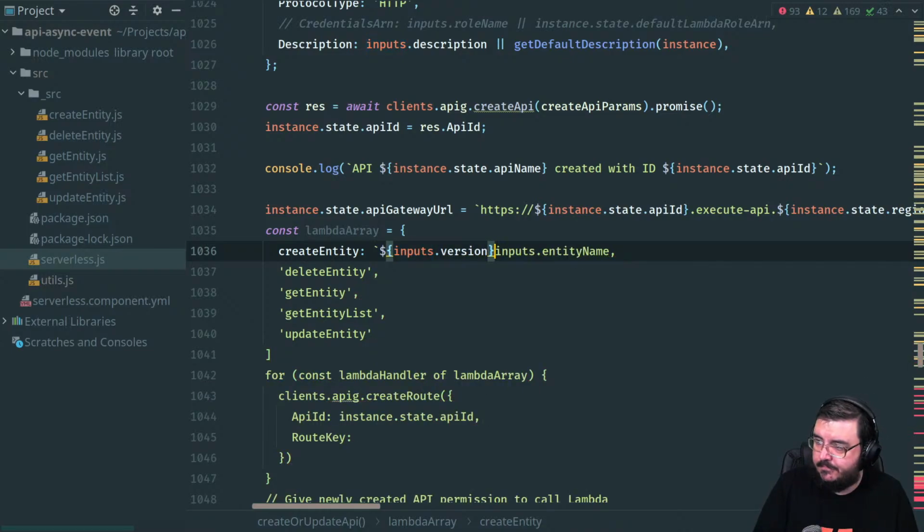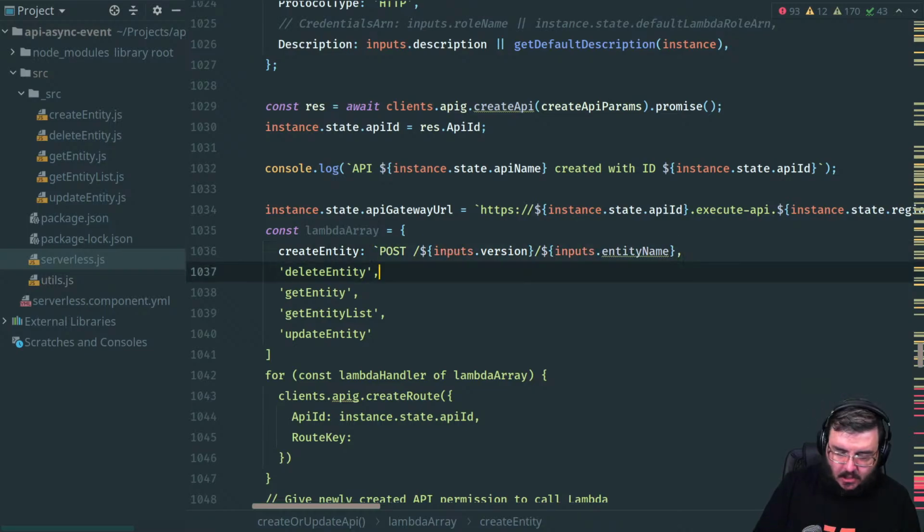Version slash inputs.entityName. And for create, that's all you'd need. Although this also needs to be post, like so. That's what it would need to be, right? Version, entity name. That's it. Yep.